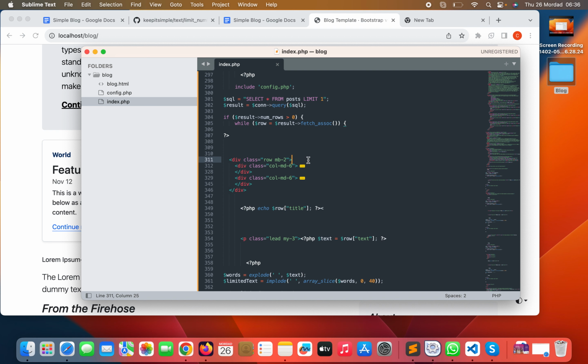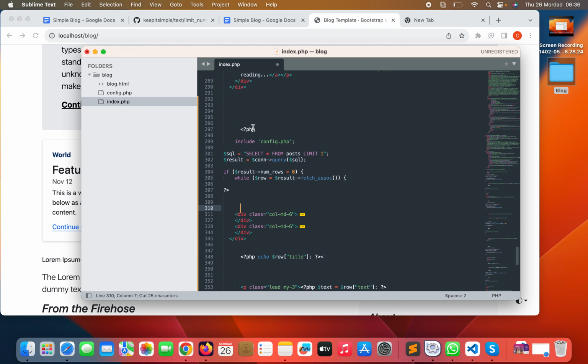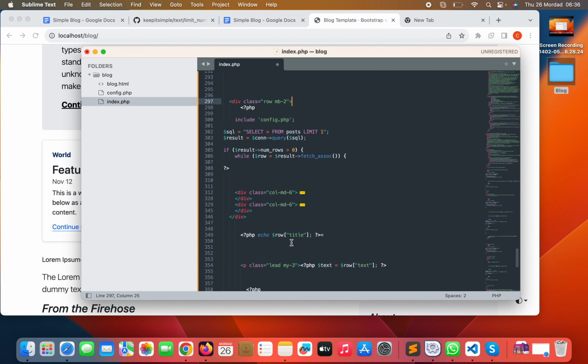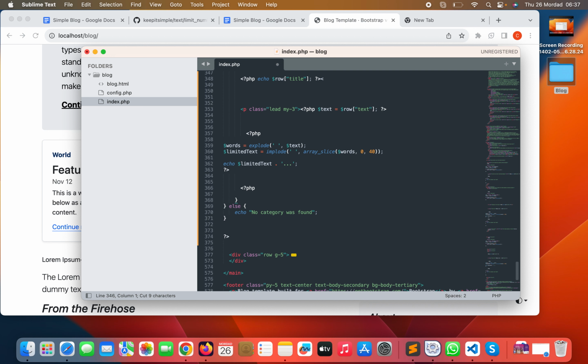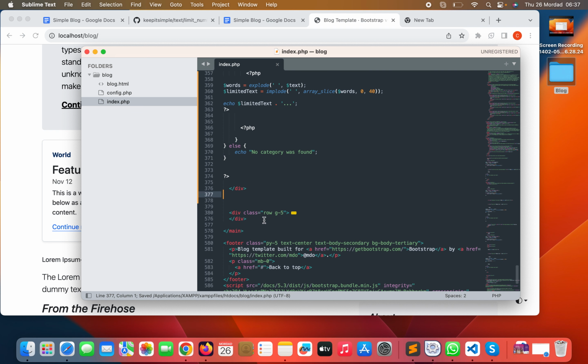So I'll just get the first part and just have it outside the PHP before where this PHP tags is being opened, and also the lower part, which I'll just place outside the ending PHP tags. Then I don't need this, I'll remove it